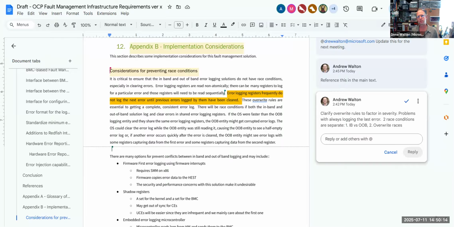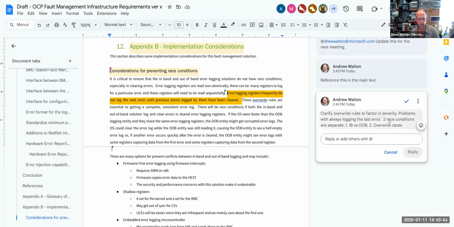So I think I can explain it more clearly. But there really is a problem in designing your out-of-band solution: you've got to make sure that you have some way to read the data consistently, even if another more severe error comes in while you're doing the out-of-band read. So I don't disagree, but it's a separate requirement from managing race conditions between in-band and out-of-band. Yes, I think we're going to have two race conditions, and they're separate.